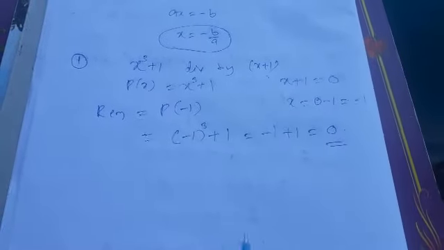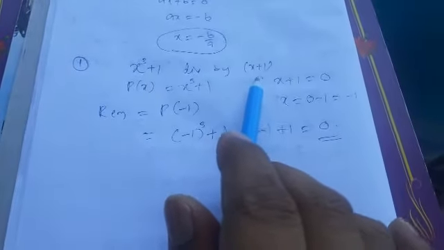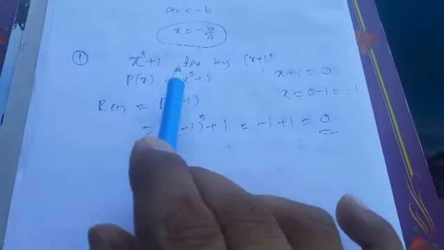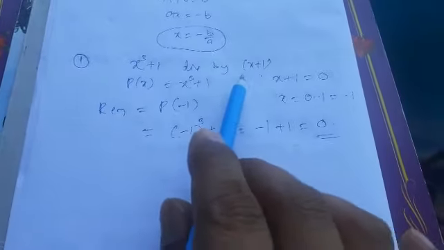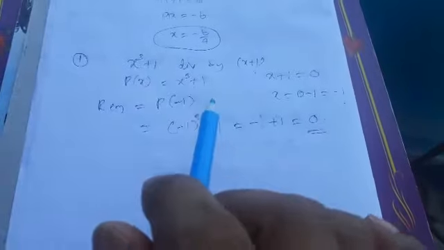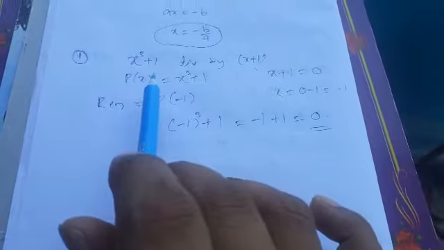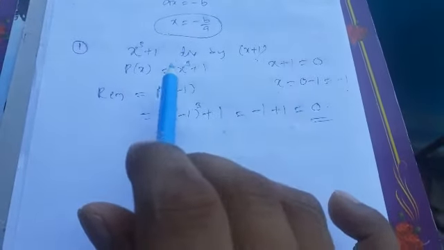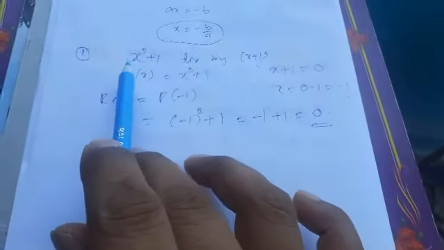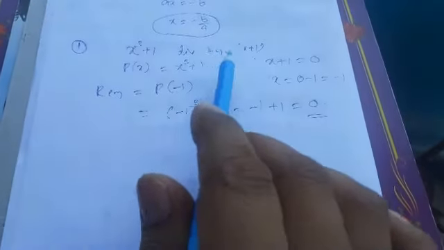In this remainder theorem, if you get remainder 0, then x plus 1 is a factor of the polynomial x cube plus 1. If you are not getting 0, then that linear polynomial is not a factor. So this you have to remember. That is the use of the remainder theorem. While finding a remainder by using the remainder theorem, if you get remainder 0, then that linear polynomial is a factor of the given polynomial. If the remainder is not equal to 0, then it is not a factor.